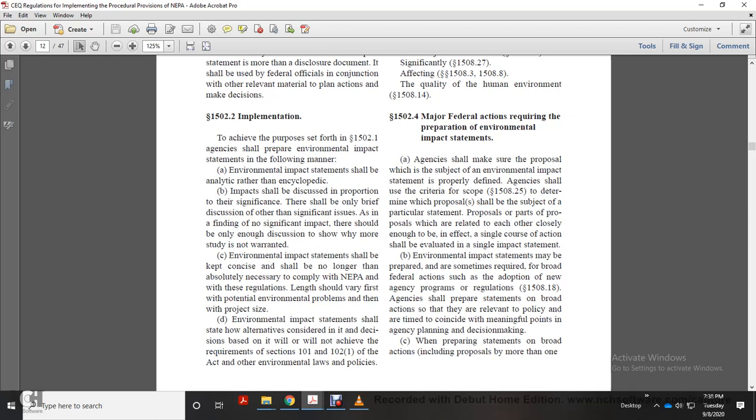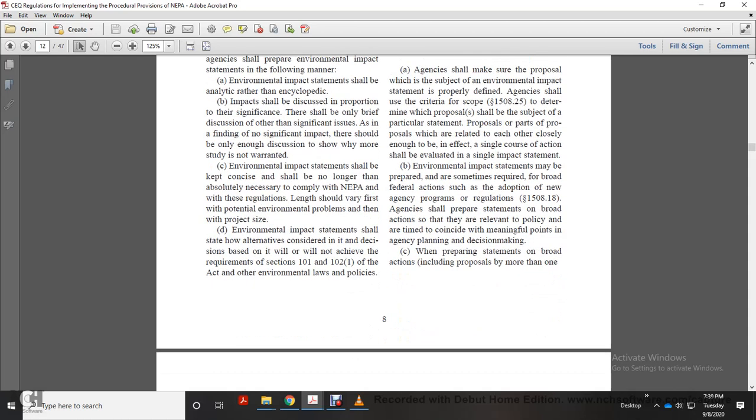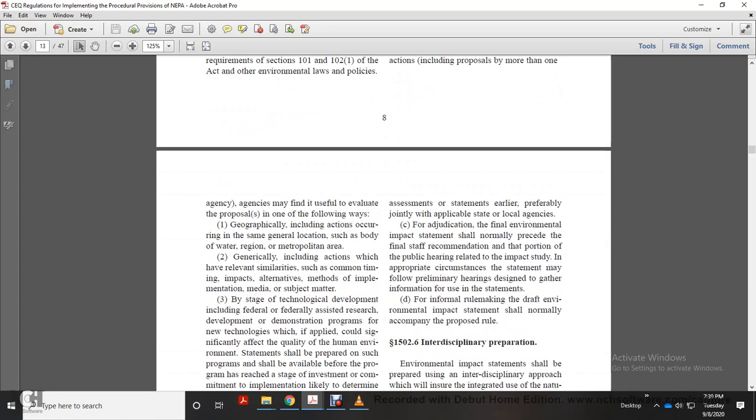Environmental impact statements may be prepared, and are sometimes required, for broad federal actions such as the adoption of new agency programs or regulations (1508.18). Agencies shall prepare statements on broad actions so that they are relevant to policy and are timed to coincide with meaningful points in agency planning and decision making. Preparing statements on broad actions includes proposals by one or more than one agency. Agencies may find it useful to evaluate proposals in one of the following ways: geographically,